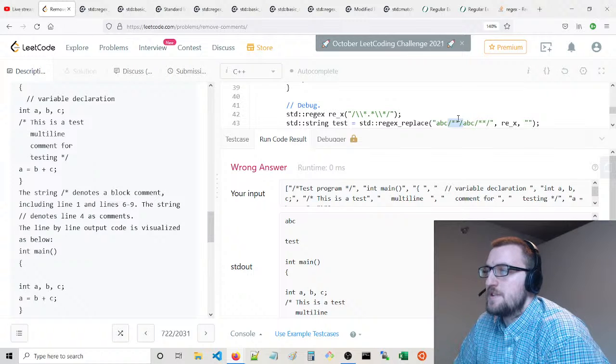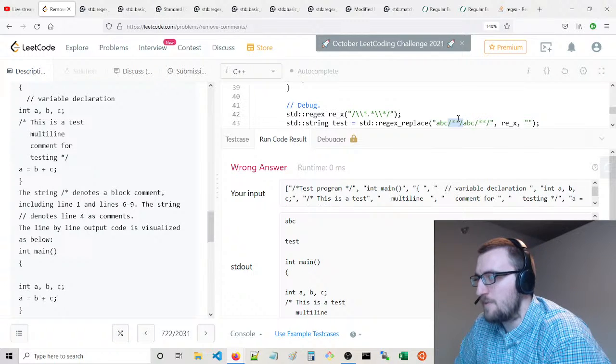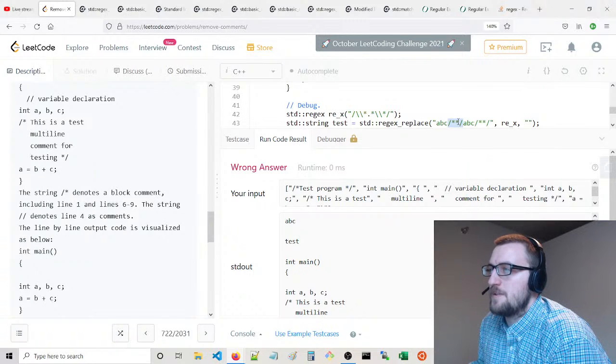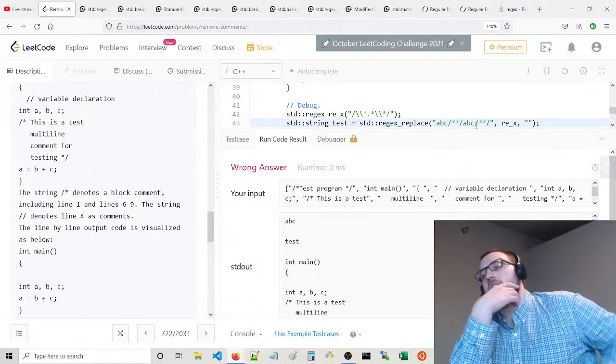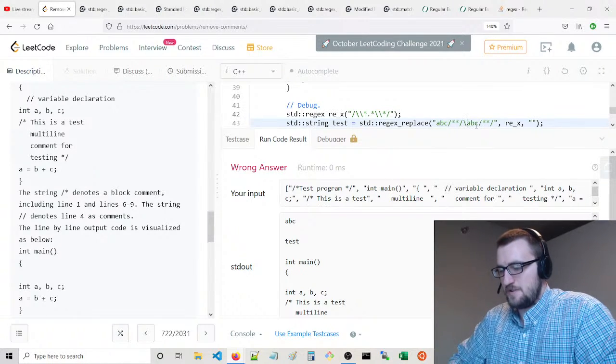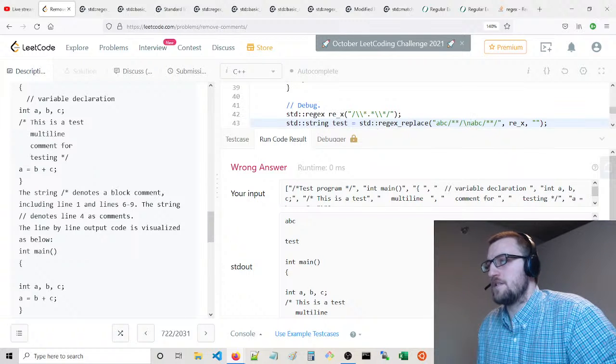It could be anything in between, except, I guess, this asterisk slash sequence. So it actually grabbed everything. That's not what we expected, believe it or not. That's the first thing. Second thing is we do want this to go through new line characters as well. If you put a new line character here, I think it would stop.